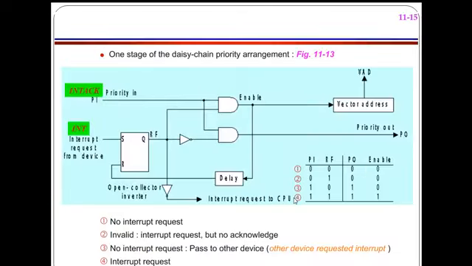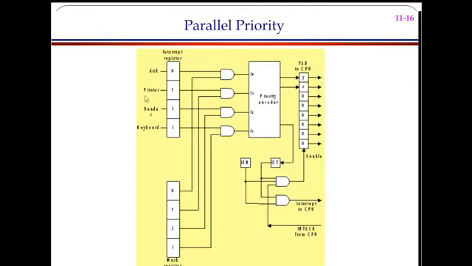Now if you are going to set the priorities, for example, I have 4 IO devices connected: one is the disk, one is the printer, one is the reader, and one is the keyboard. In the interrupt register, I write them as 0, 1, 2, 3. Using an AND gate, this is given to the priority encoder, and I also have a mask register, where 0, 1, 2, 3 are connected.